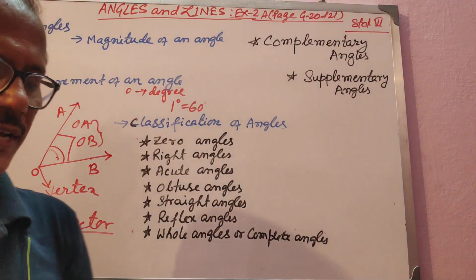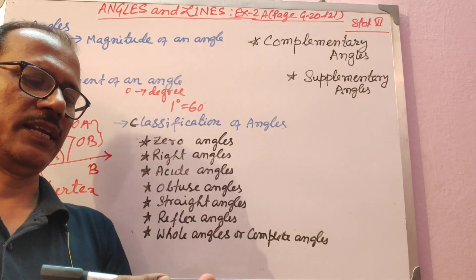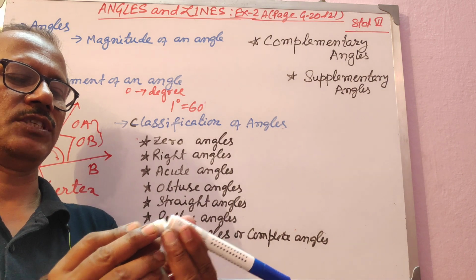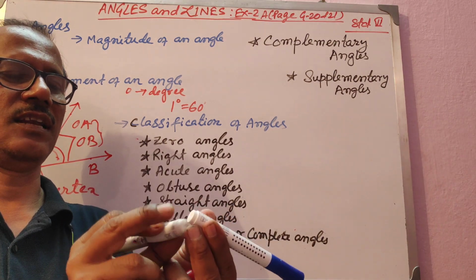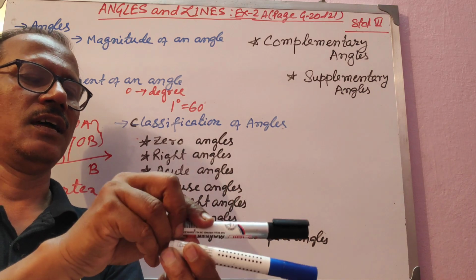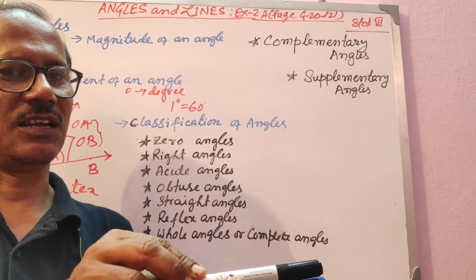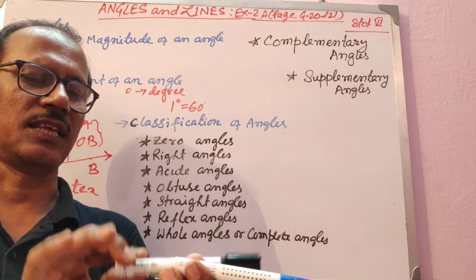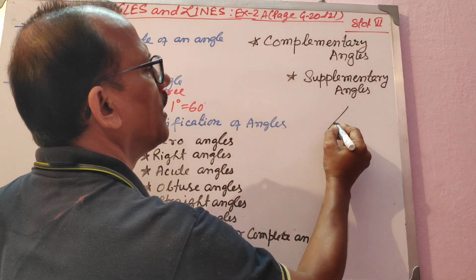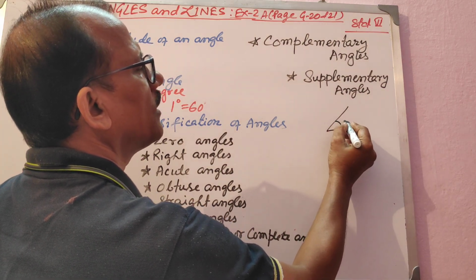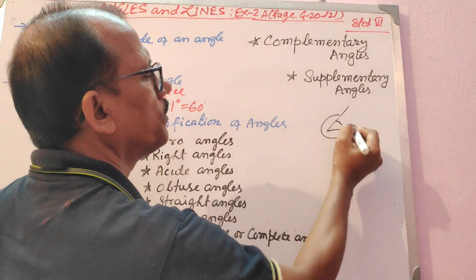I'll tell you when it will be. Say two rays are there. See, if this is 180 degrees, this opening you see on the top, that opening is the reflex angle, till it comes and merges here. When it comes and merges here, it will become 360 degrees, which is the complete angle or whole angle. If it is like this, any acute angle is the interior part, the inside part, and the outside part will be the reflex angle.